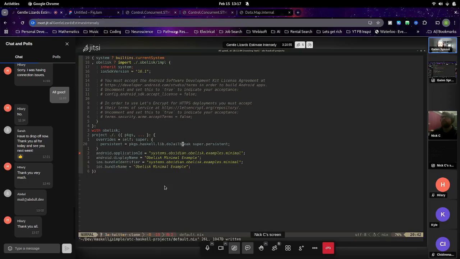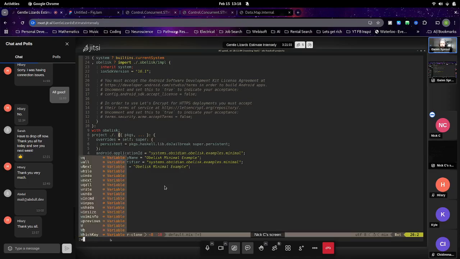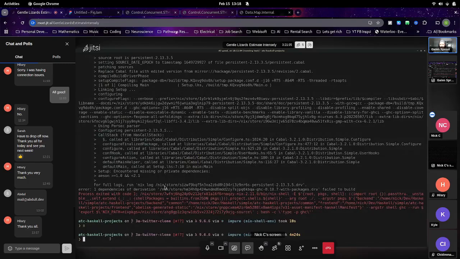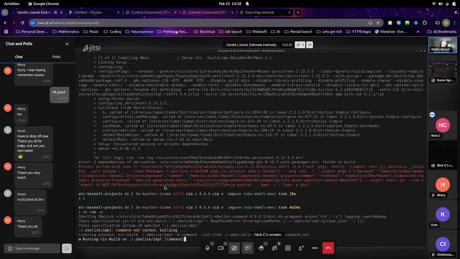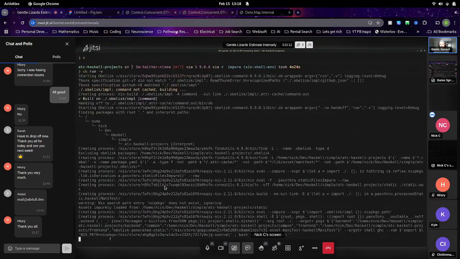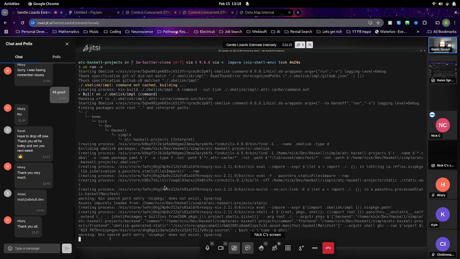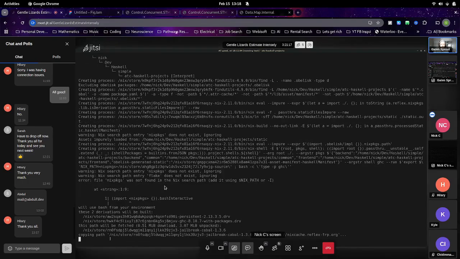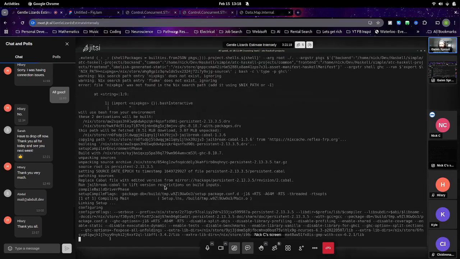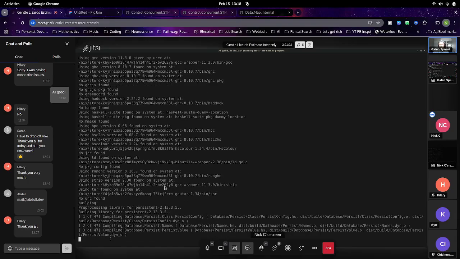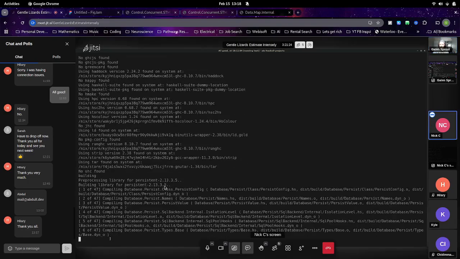Yeah. And let's try to build. So this is just saying get rid of the version bounds that persistent demands. And so we will either see that this succeeds or that the types don't work. We'll try to build this and it will say could not match this type with this type. No, it's doing more than it did last time, because before it was saying I refuse to even start building because I don't have the correct version bounds.